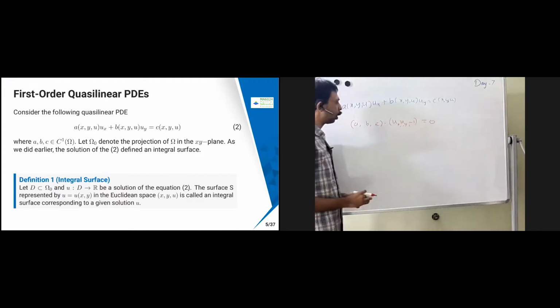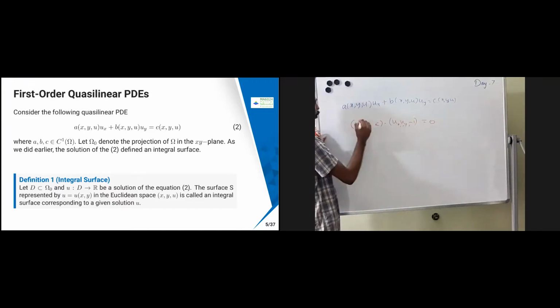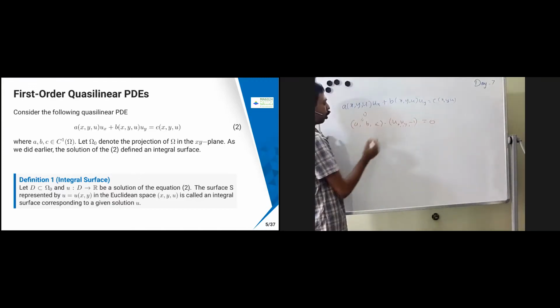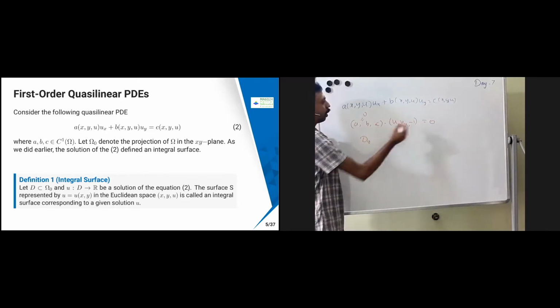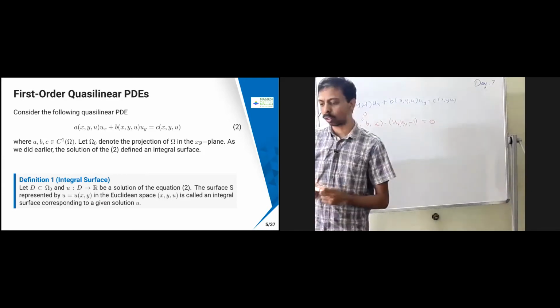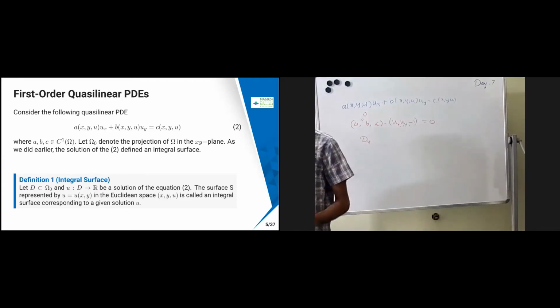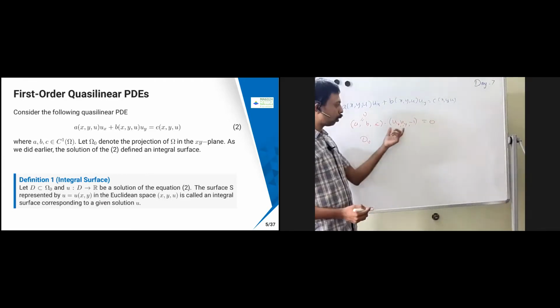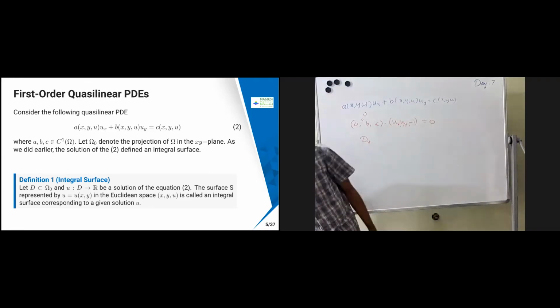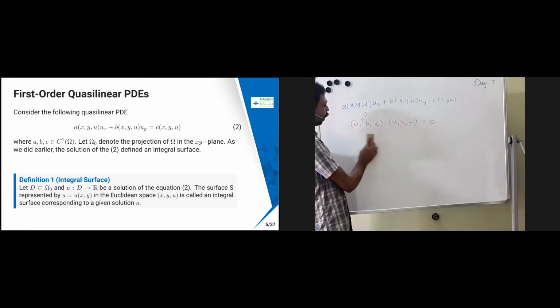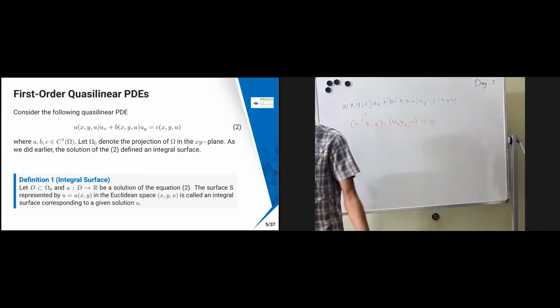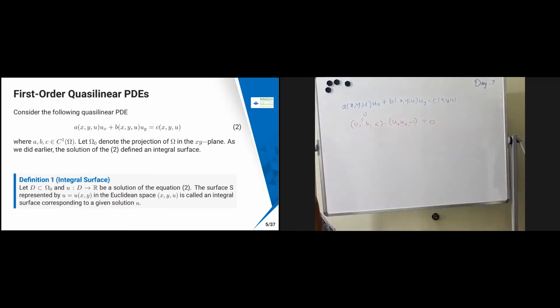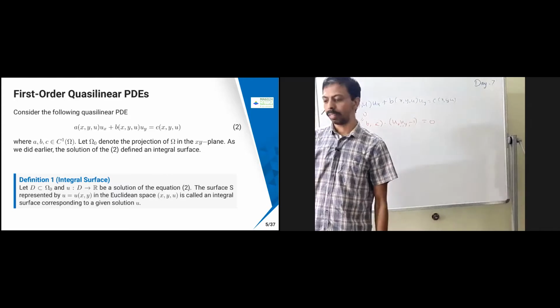That means we are trying to take this as a vector, and this is going to be some other vector. I'm just trying to find what my dv is in these terms. It is not going to be dv here, because dv means you will have u_x and u_y, but here minus 1 is there. So it is not going to be exactly the same as what we have. We are going to go in a different direction.